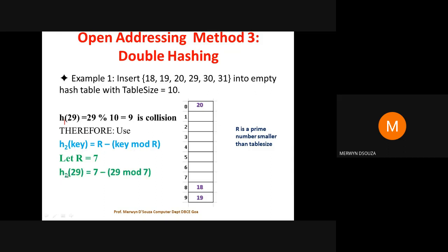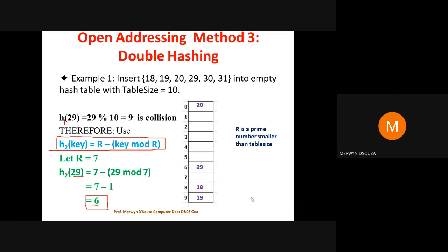When I apply this to 29, R value is 7 minus 29 mod 7. 29 mod 7 you will get the value as 1. 7 minus 1 is 6. Just applying this function, substituting the values, I get the hash value as 6. So now I will store 29 at 6.